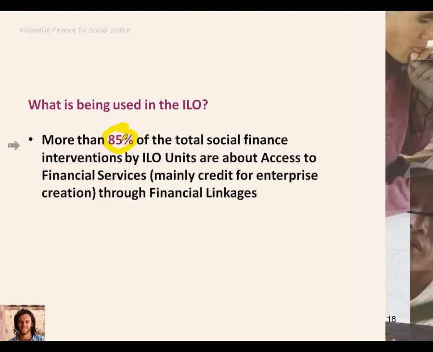Of course, it's important to highlight that some interventions were more general about the environment, on how to develop financial services for the poor, or how to make them more effective. And it is also possible to find some interventions focused on different tools, as I mentioned before. For example, the migrant unit and the enterprise unit have projects with remittances for migrant workers.